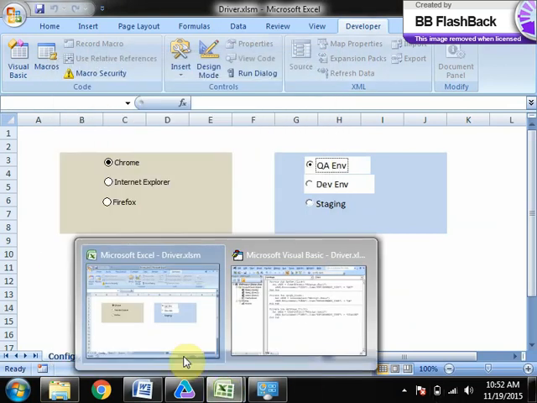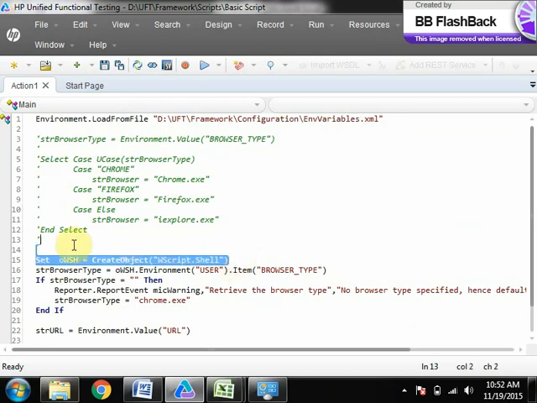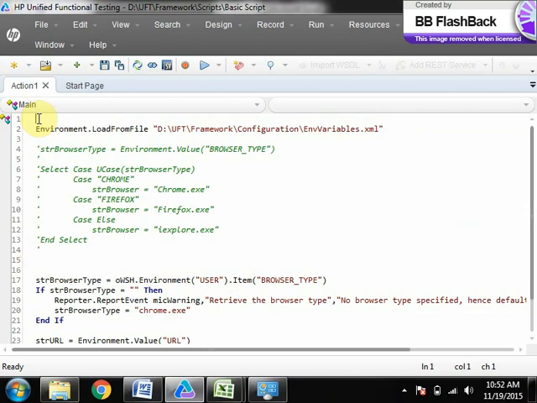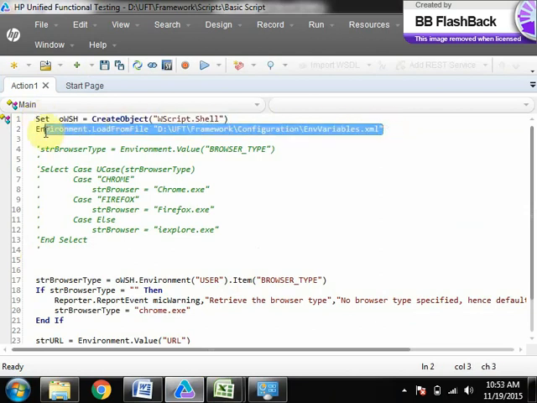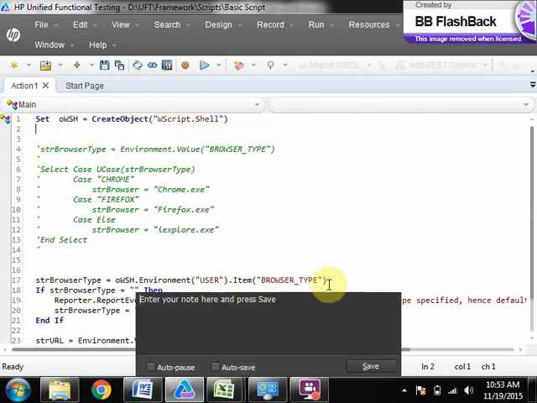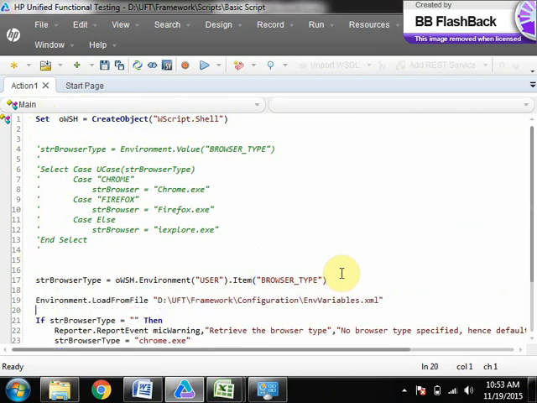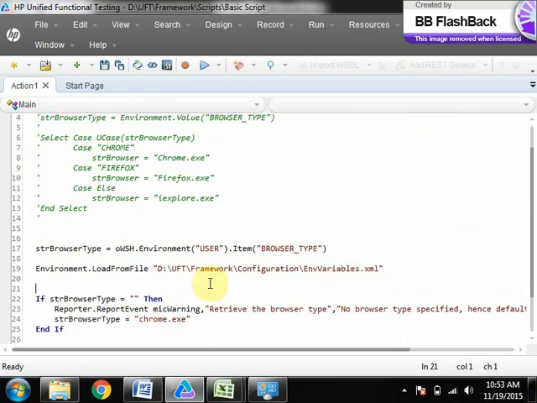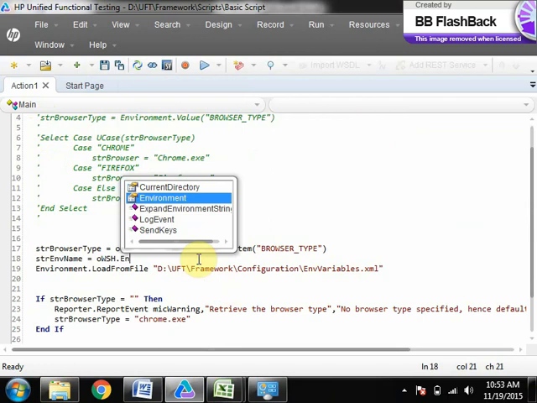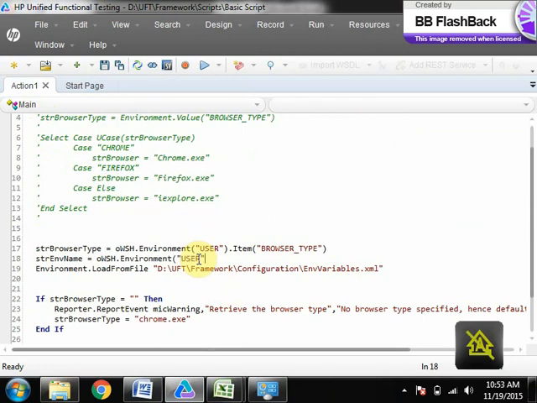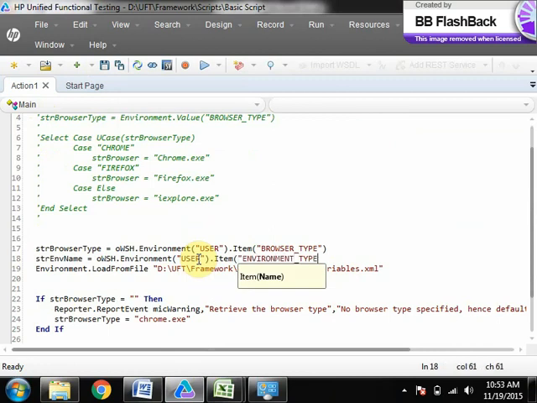Now do it here only. str env name equal to OWSH dot environment of user dot item of environment type.